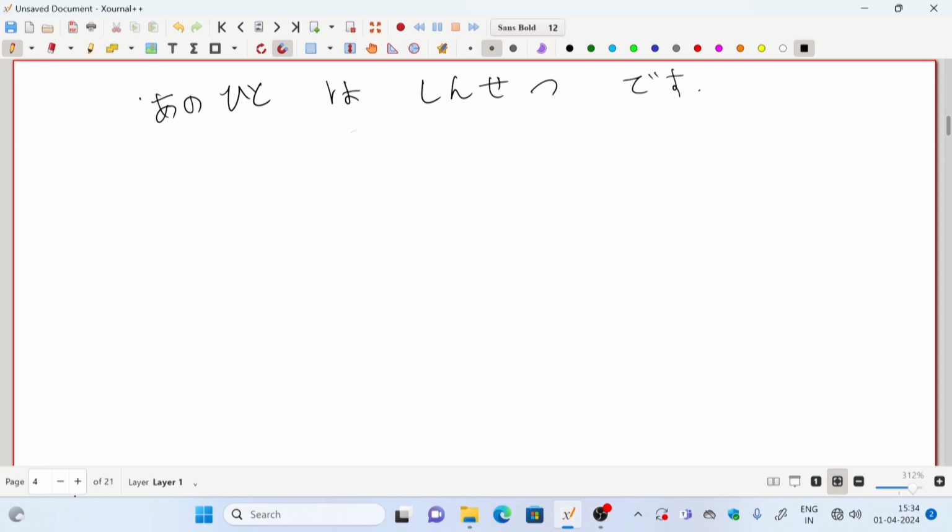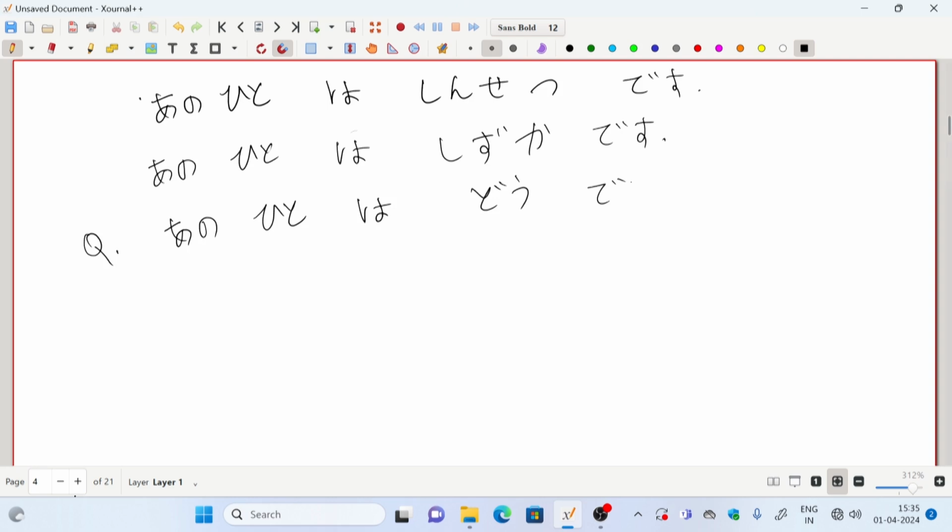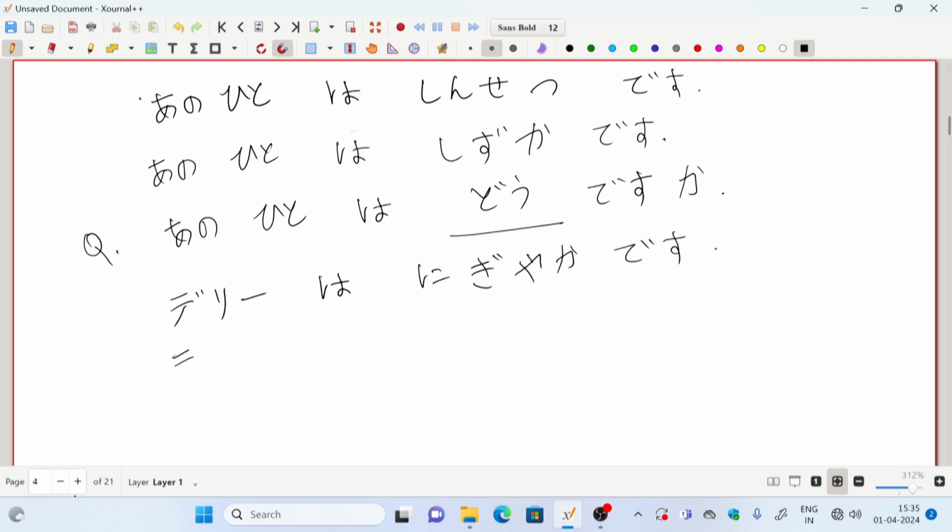あの人は親切です。One more adjective could be あの人は静かです。The question for this will be あの人はどうですか？If we want to say Delhi is popular, Delhi is famous, Delhi is lively. デリはにぎやかです。Or デリは有名です。So how will we put the question? デリはどうですか？